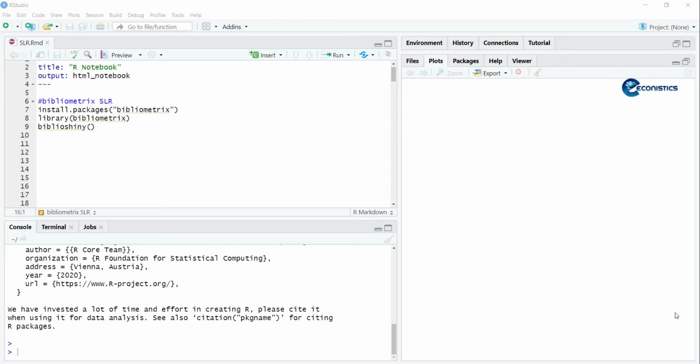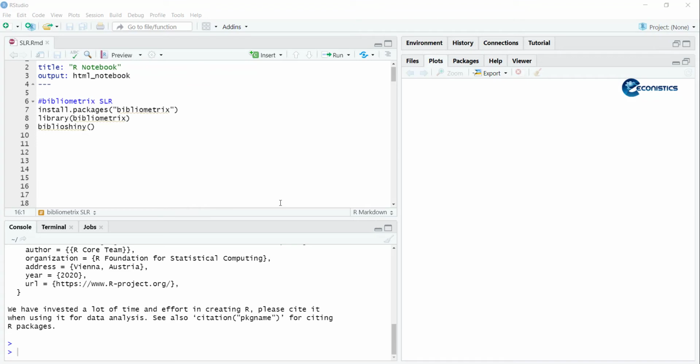Hi, welcome everyone. In today's tutorial, we are doing some demonstration on the SLR method using RStudio. Before doing the SLR in RStudio, you have to look at the link that is shared at the top. That is about how to extract our research papers from Web of Science, so that you can import that file into R, so that you can do the SLR.